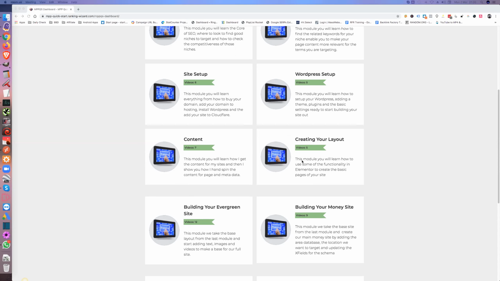So this just goes through some different things you can do, playing about with Elementor. And for your beginners, that's probably the best thing for you guys to do. Play about, see what happens, look at other sites, try and recreate them.